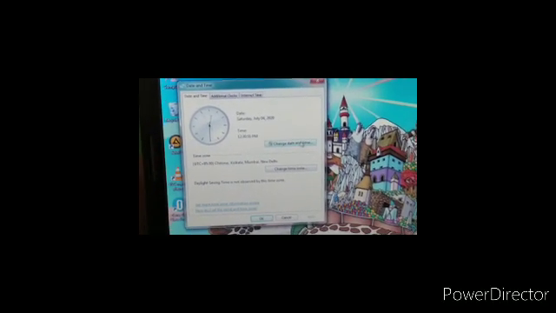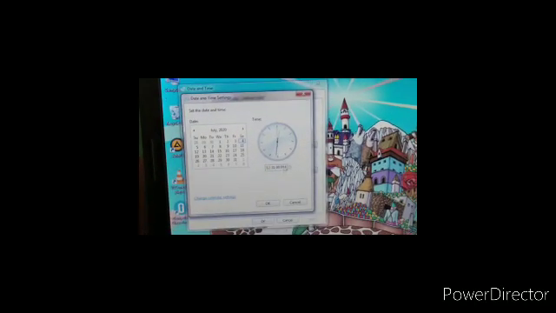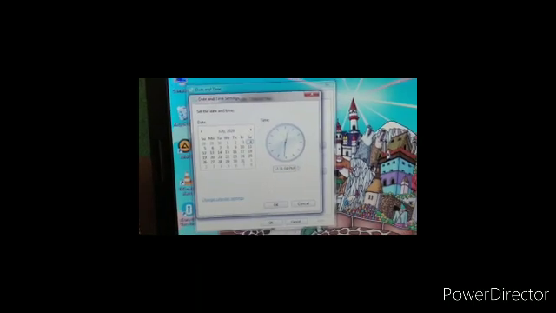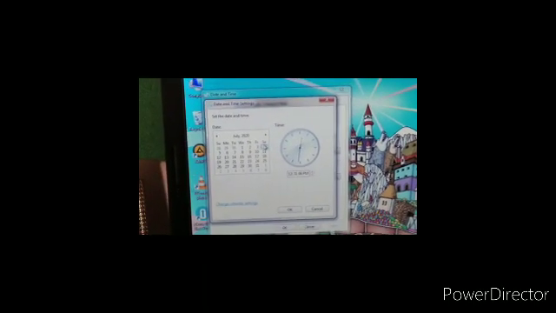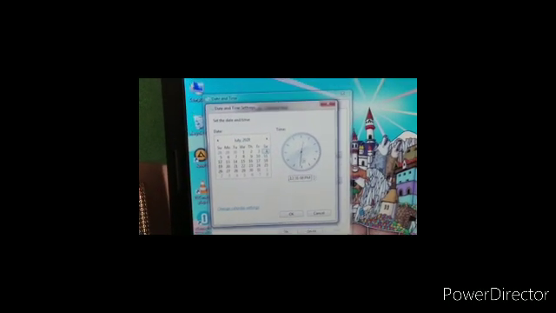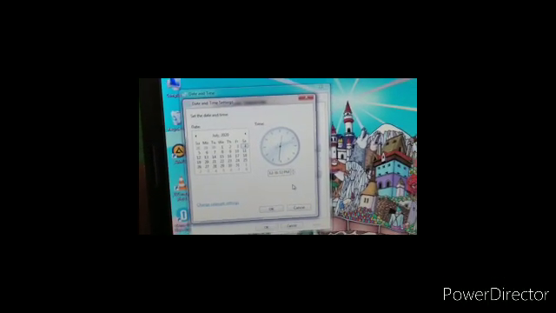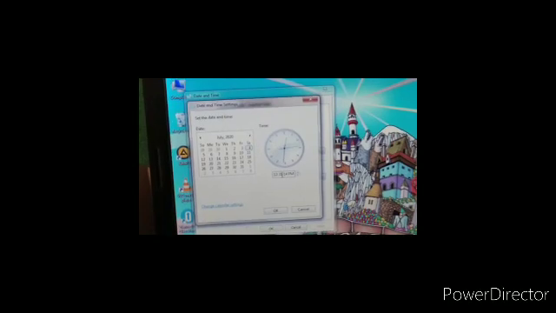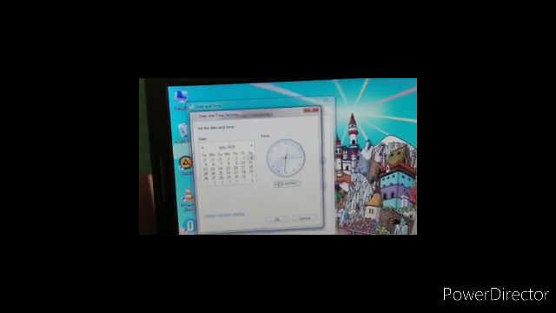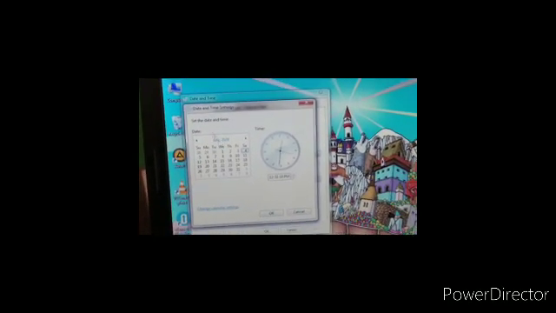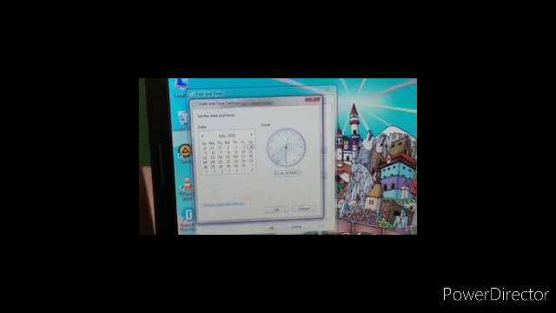When I click here, I can change the time from here and the date from here. Today's date is 4th of July 2020 and right now the time is 12:31. After changing, you can edit the time here, and you can change the date from here.